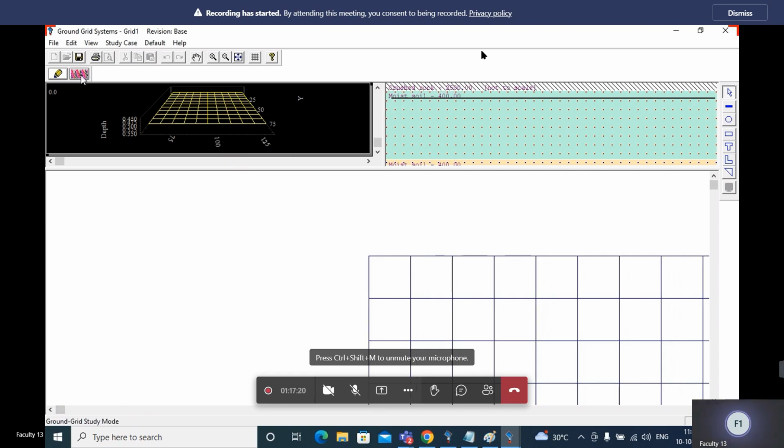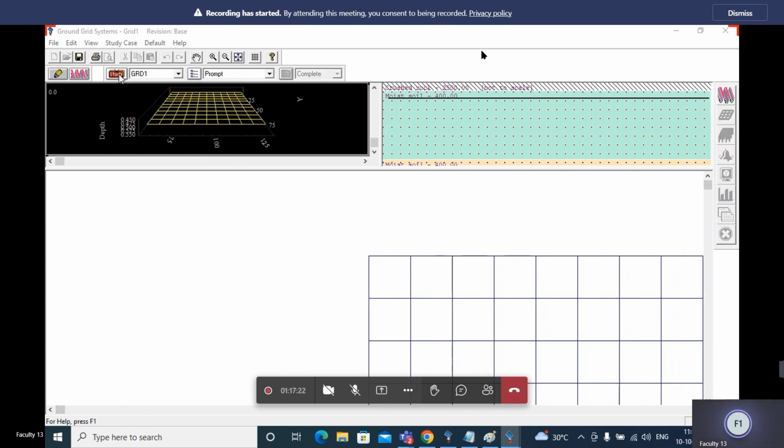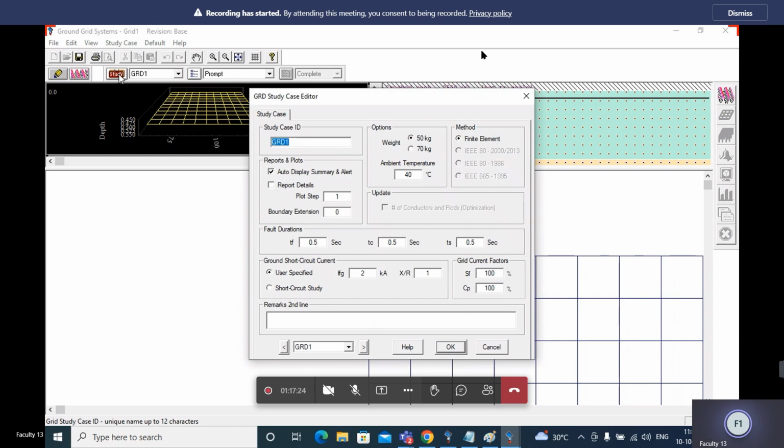Now go run the design, go to edit study case, assign the fault current values and then the temperatures. If you want to change the temperature between 35 to 45 degrees Celsius, no issues. If you are going to run for other countries, based on that, you need to change the temperature here.